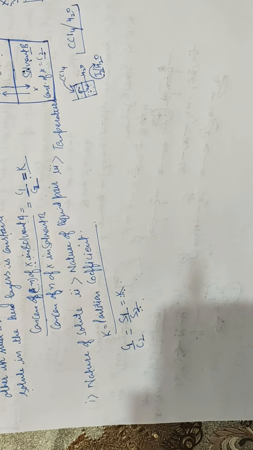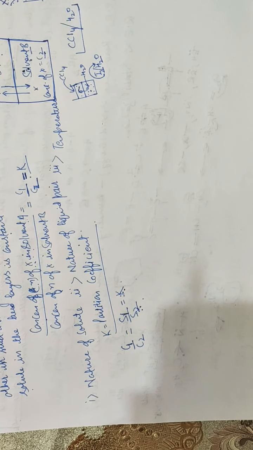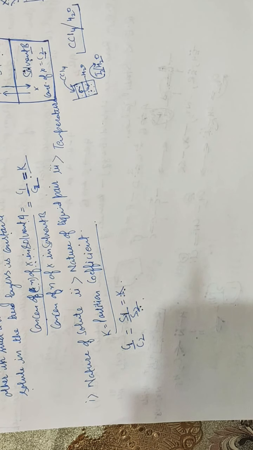So hence further it is helpful in the distribution indicators. Certain solvents can appreciably dissolve even the small amount of solute present in some other solvent. When such a solvent is added to a dilute solution of solute in some other solvent, most of the solute gets distributed into this solvent. Hence it acts as an indicator for the presence of even a small amount of the solute.